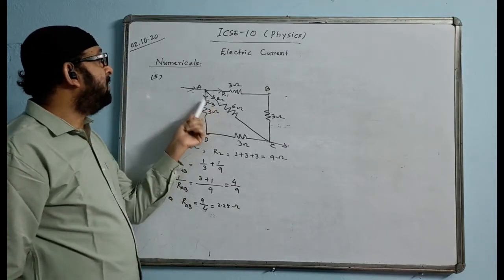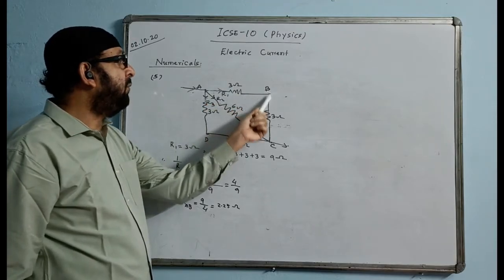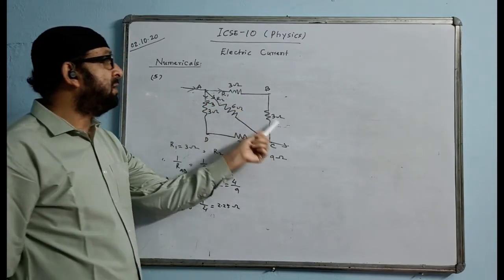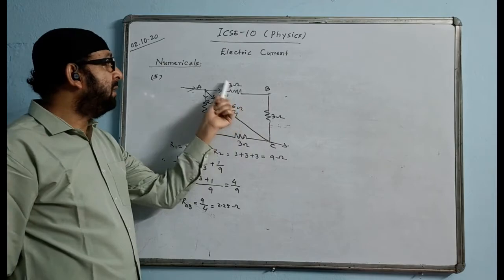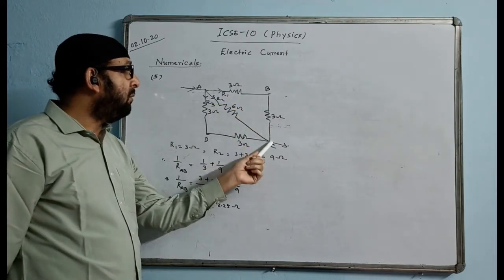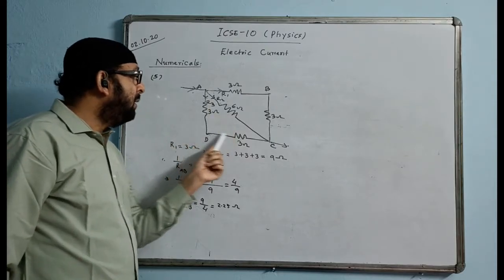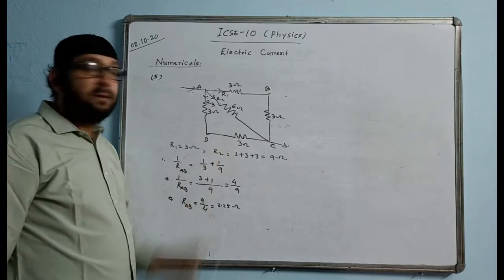We see there are three branches, but within each branch we have to see. Within R1 the current flowing is the same and then coming out. Then these two are in series. What is the answer of this one? 3 plus 3, the answer becomes 6. R2 is going all alone through this, the answer is 6 only. And then this one is coming like this, 3 plus 3, the answer is again 6.